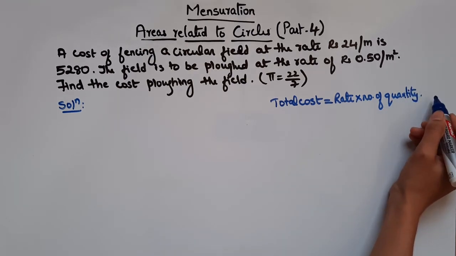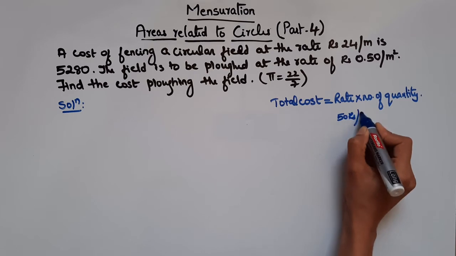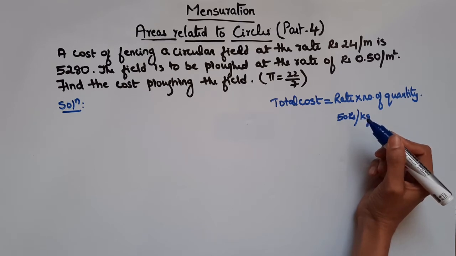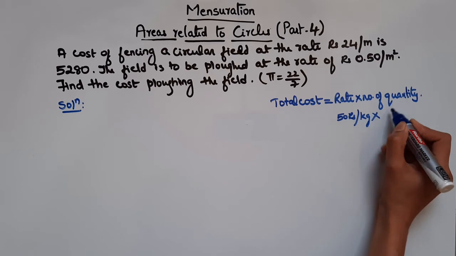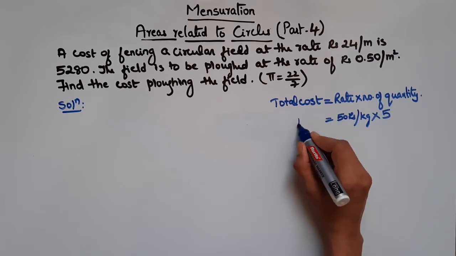So say for example you want to buy 5 kgs of apples. The rate per kg of apples is 50 rupees per kg. You want 5 kgs. So if I ask you what is the total cost for 5 kgs, what you will do? You will multiply this with the number of quantity, that is 5. So the total cost will be